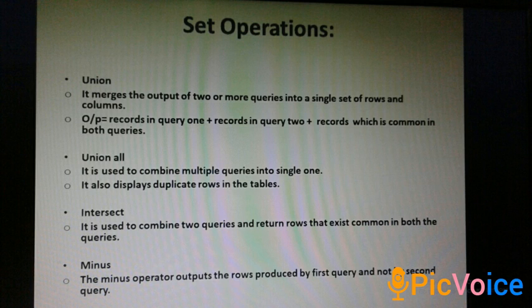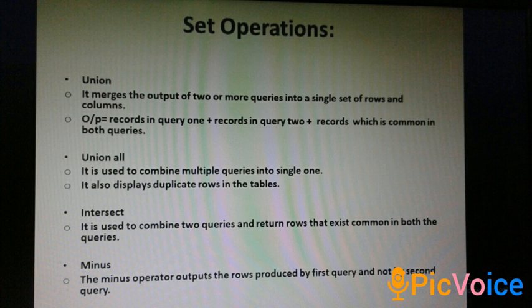If we take 2 tables, department 1 and department 2, the records which are common, which resides in both the tables, will be displayed. So select department number, department name from department 1, intersect, select department number, department name from department 2. So the intersect operation merges the 2 select commands and produce the result which are common in both the select commands. Next, minus operation.